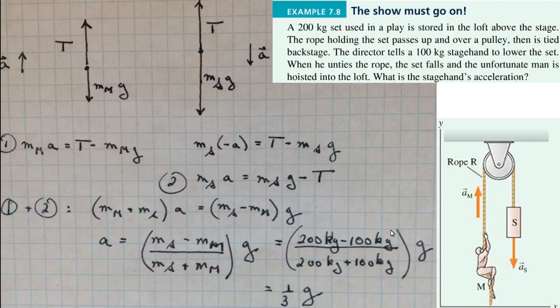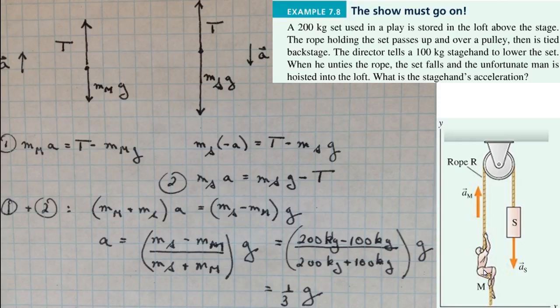So this problem is essentially an Atwood machine with a human hanging on one end of the rope and a mass hanging on the other end of the rope. And we've done this problem in class already. So let's redo it. Situation is that there is a 200 kilogram mass on the right end of the rope,